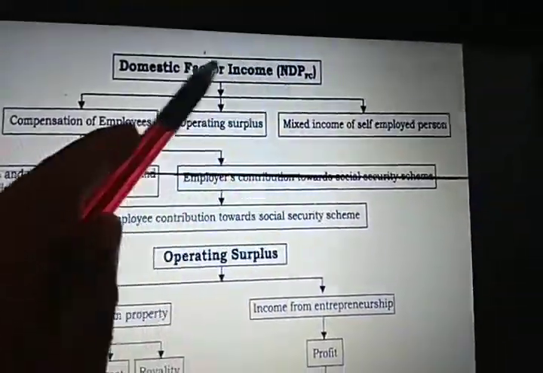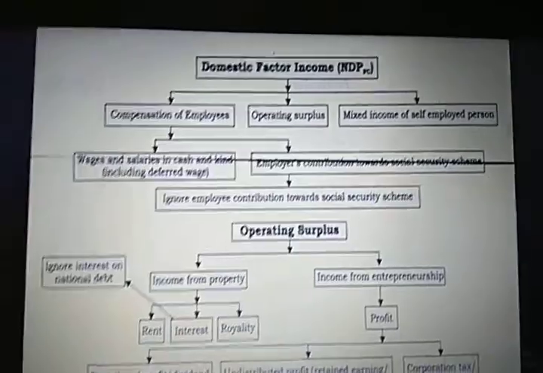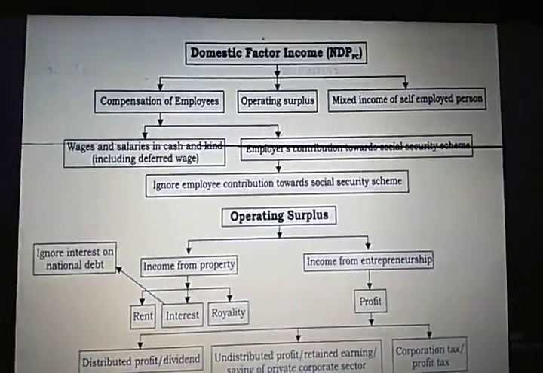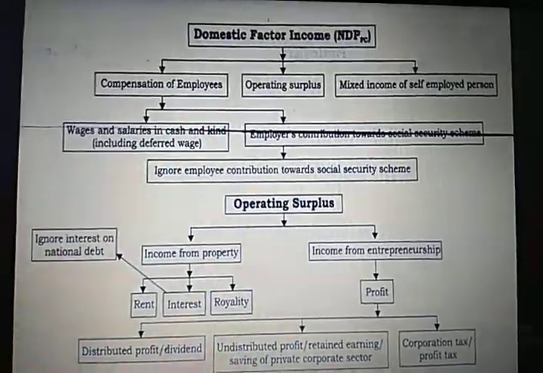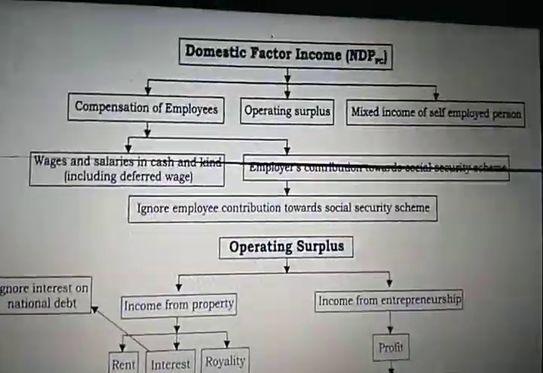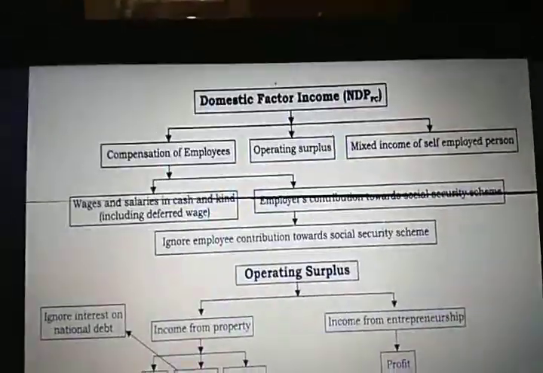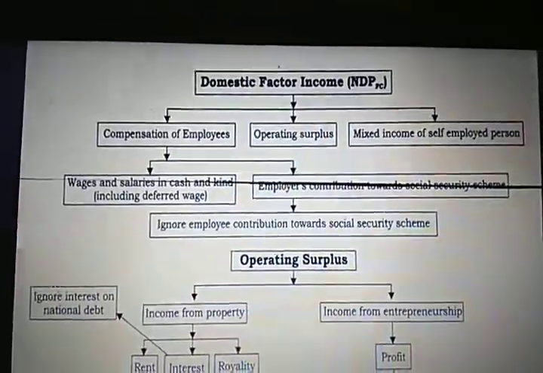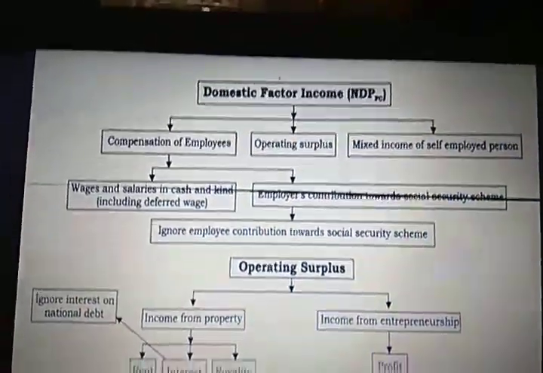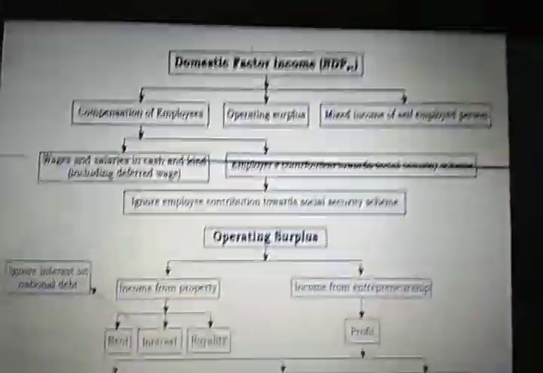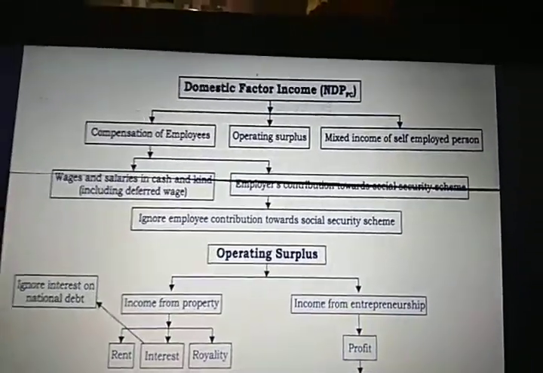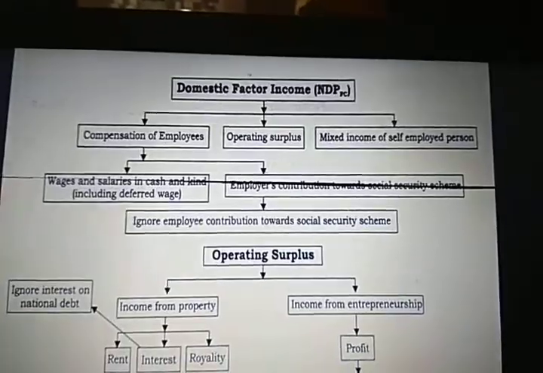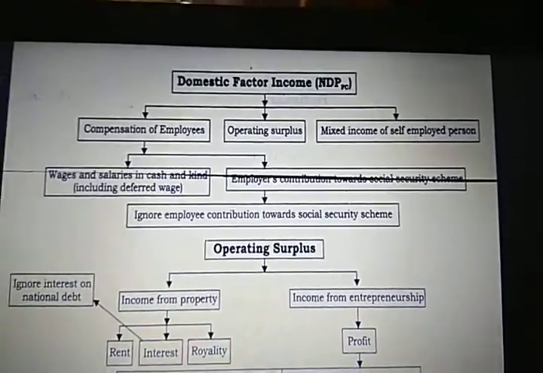The last component of income method is mixed income of self-employed. So mixed income of self-employed, what exactly does it mean? A person who is self-employed, suppose a grocery shopkeeper. The shop is his own. He does not hire any labor. He is the labor himself. He has invested his own capital, no loan from anywhere, so no need to give interest to anybody. And then he is also the entrepreneur, owner of the business, so the profit is also his own.